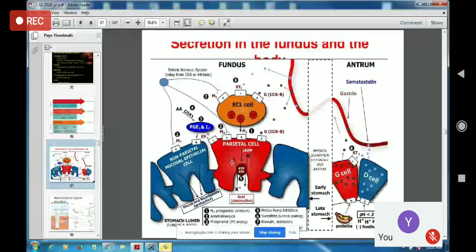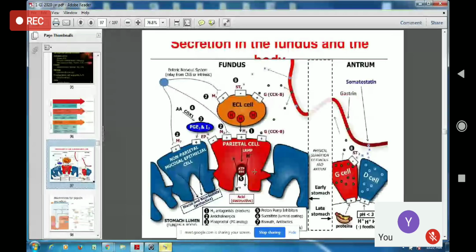We must also remember that there is histamine and ECL cells. ECL cells are enterochromaffin-like cells. They produce histamine. Histamine is a paracrine; it acts on the adjacent cells. It is not a hormone, but gastrin is a hormone. It comes in the blood, and from blood it binds to its specific receptor on the parietal cell, and when gastrin acts on the parietal cell, it leads to increased HCl secretion.